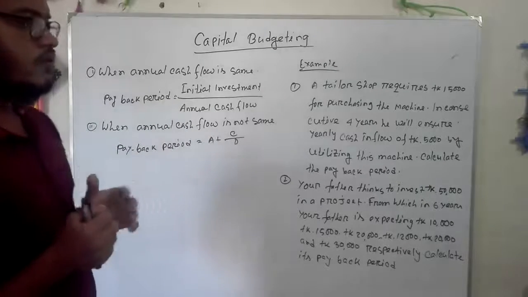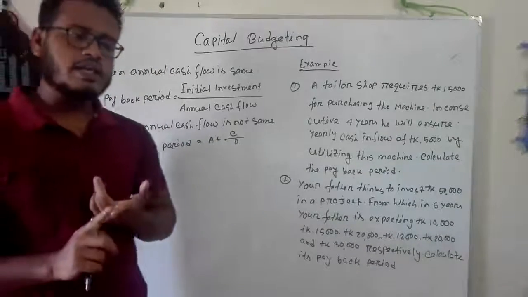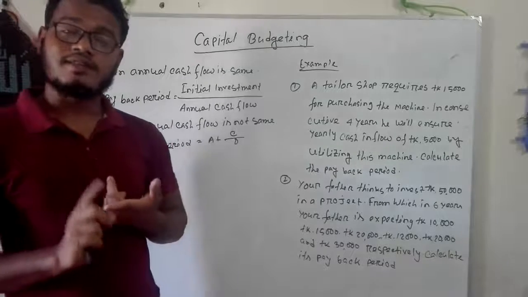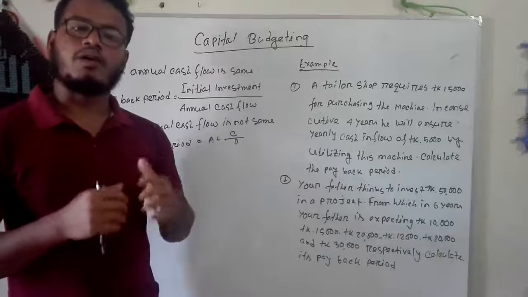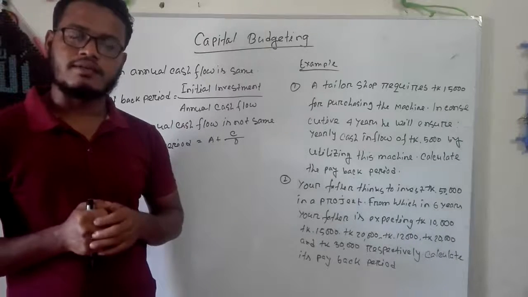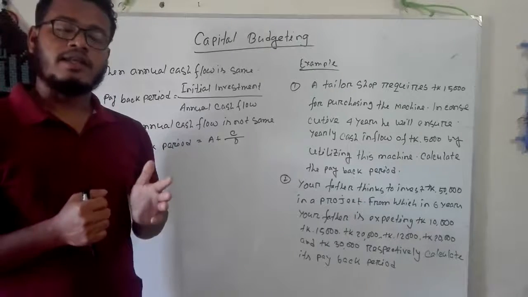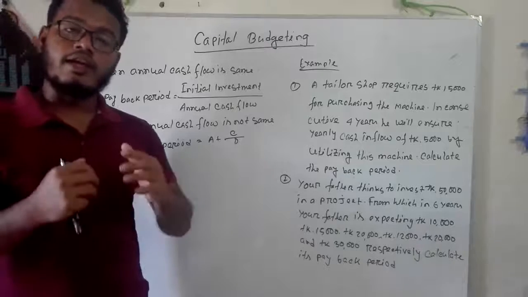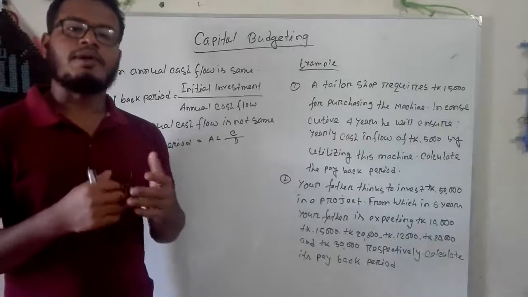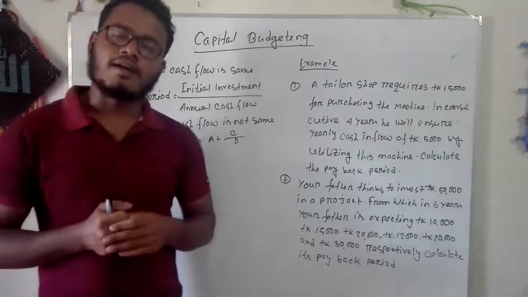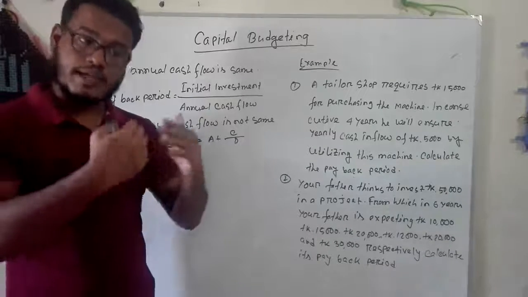Initial investment, dear students, at first you have to know what initial investment is. Initial investment is such an investment when you purchase raw materials, or when you purchase a fixed asset, such as land, machines and any other things. Then we need a huge amount of investment, so it's called initial investment. Suppose we purchase a machine at Taka 50,000, so it's not cash inflow, it's cash outflow.